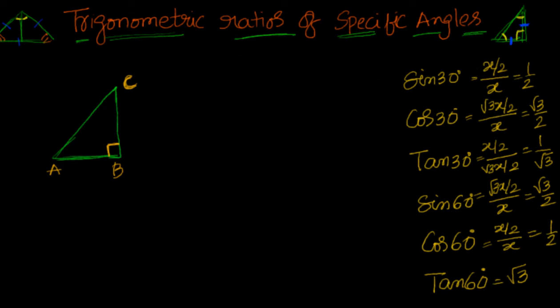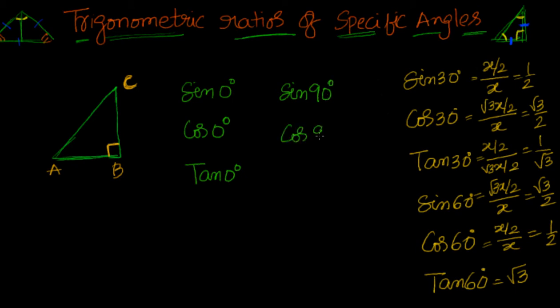What are we interested in? We are interested in finding out what sine 0, cos 0, tan 0 are. If you know sine, cos, tan, automatically you get the remaining three, so I am not writing them. Don't feel like I am skipping them. I know that you already know, because a couple of videos back we multiplied sine and cosecant and proved that it is equal to 1, right? Now let us see these values.